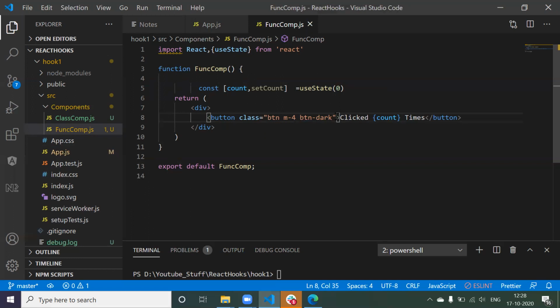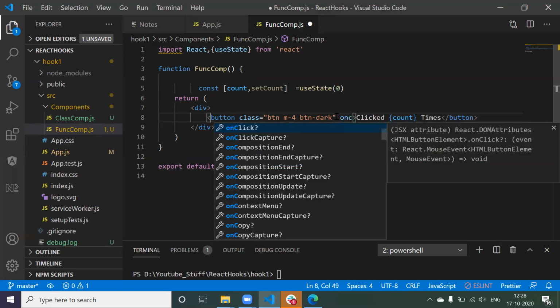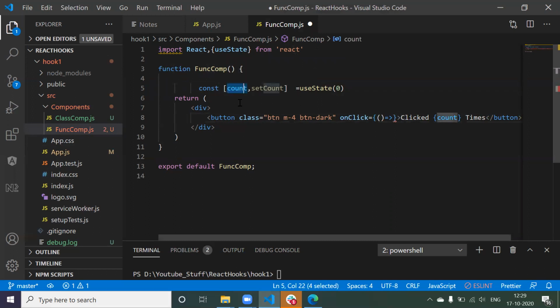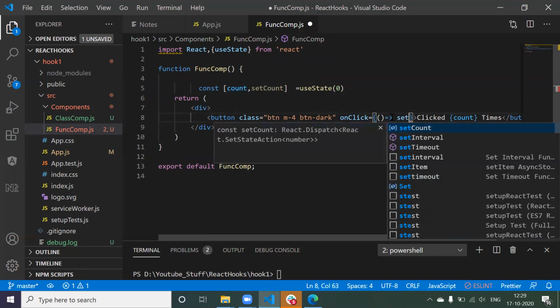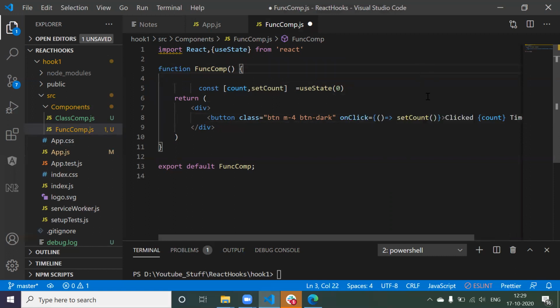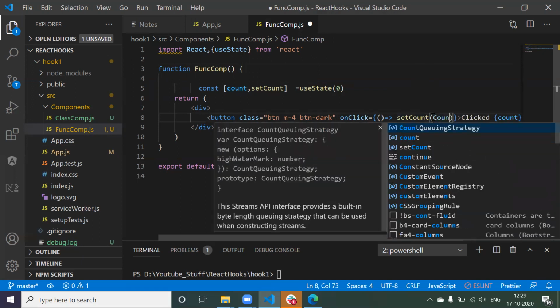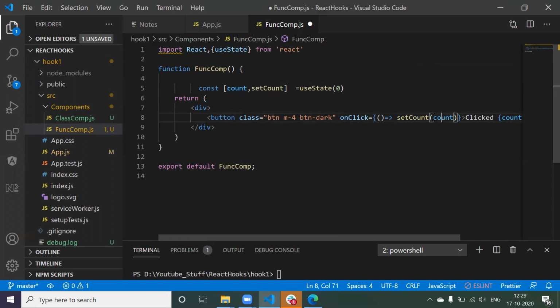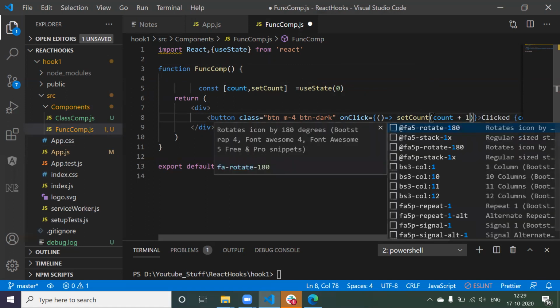It means I have to write one onClick event. So I'm going to write onClick, and this onClick is going to call a function. Now this function is responsible for updating your state, nothing but your count. So how can we update a count? Using setCount. So we have to call the setCount here. So I'm going to call setCount. Now setCount is nothing but I'm going to say simple count. So whatever the count will be there, count, it should be small c plus 1. That's it.